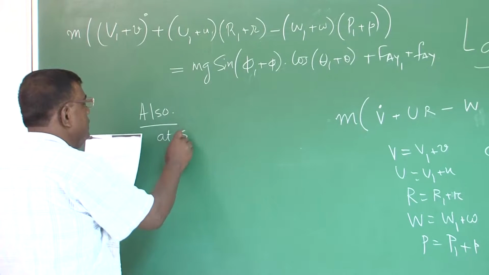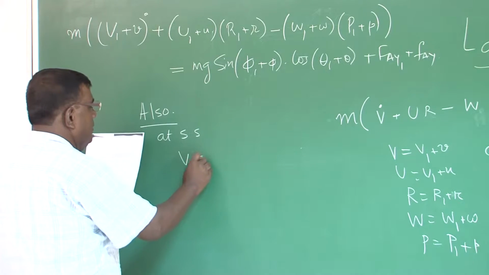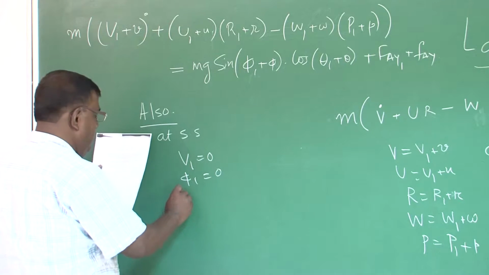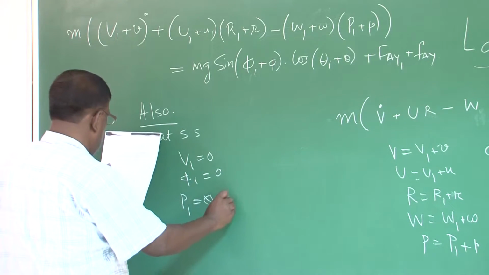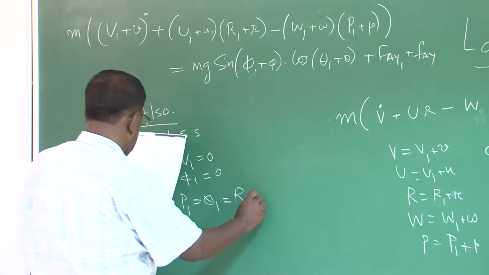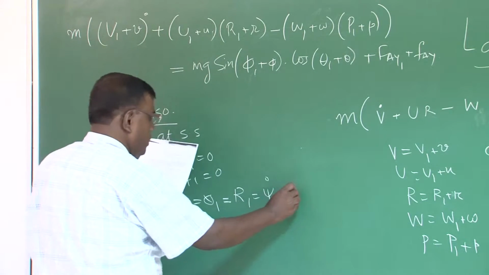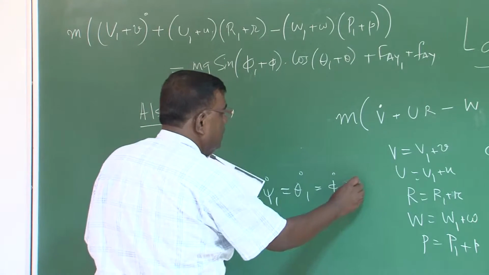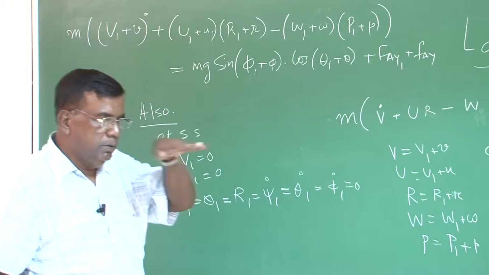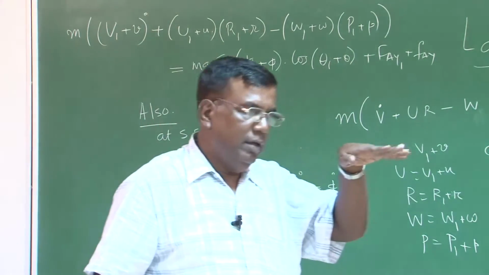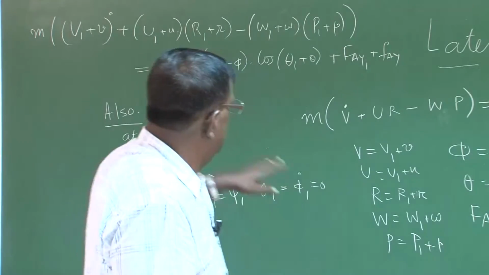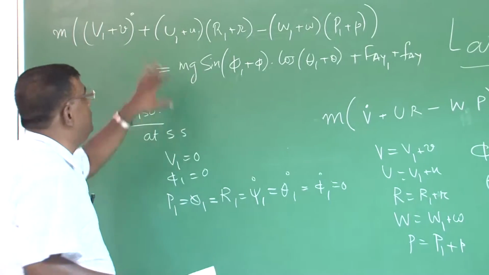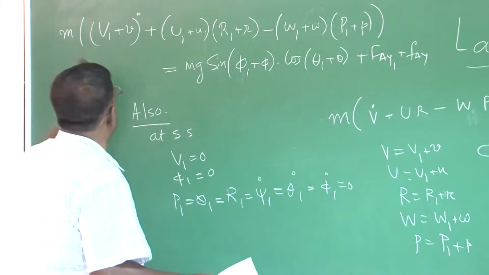at steady state V1 we have taken as 0, cruise, phi 1 equal to 0, P1 equal to Q1 equal to R1 equal to psi 1 dot equal to theta 1 dot equal to phi 1 dot, all are equal to 0. We are talking about cruise, steady, level, unaccelerated flight. So this also goes to 0, and now when you put all this thing here, you get very simplified equations